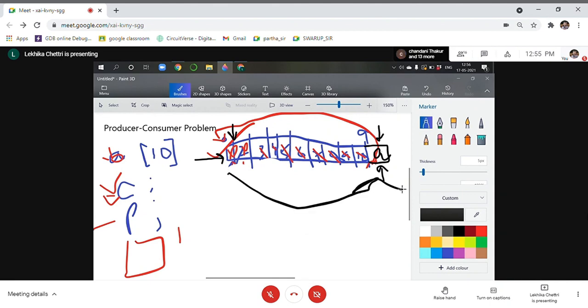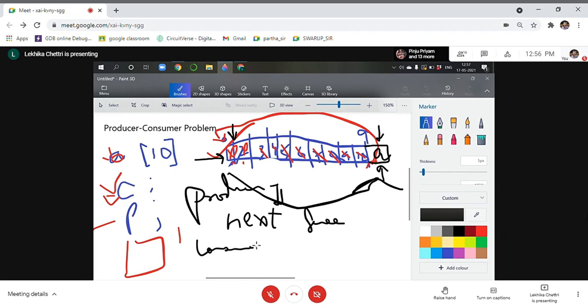Listen to me very carefully. We start storing what has been produced in the next free location, obviously, because we cannot store it in an occupied location. Whatever the producer produces, it will store in the next free location like this. But what about the consumer?